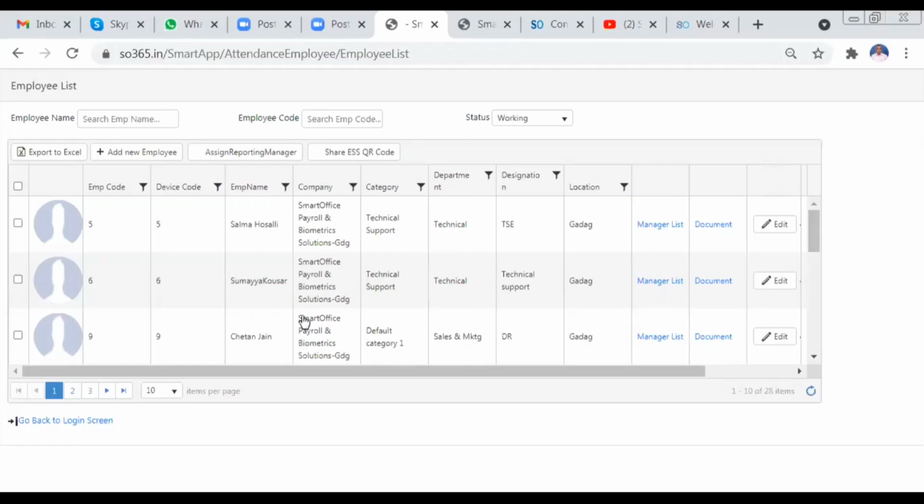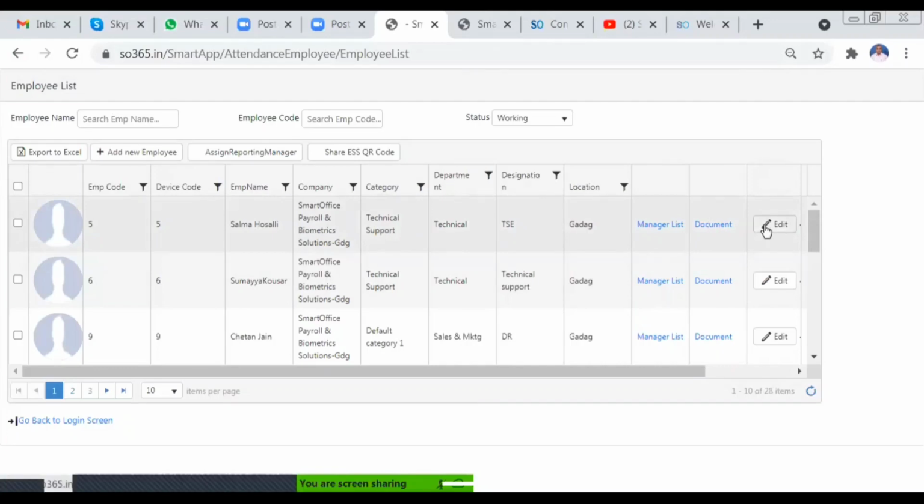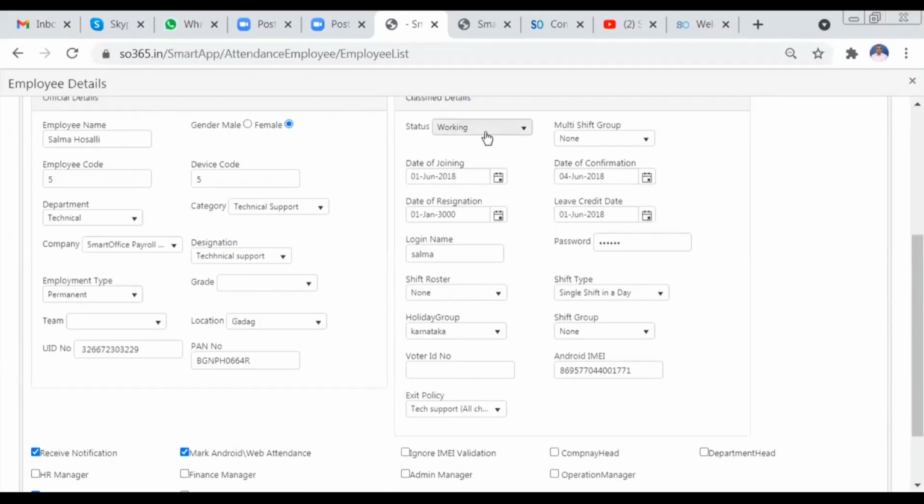At that time, you are unable to open the cloud account, and it will display the resign employees option. Once you click on that option, you will get a list of all your employees. There you can resign your employees when you click on edit. It will display all the details of the employee. You can mark the status as resigned and update the date of resignation. This is a must.